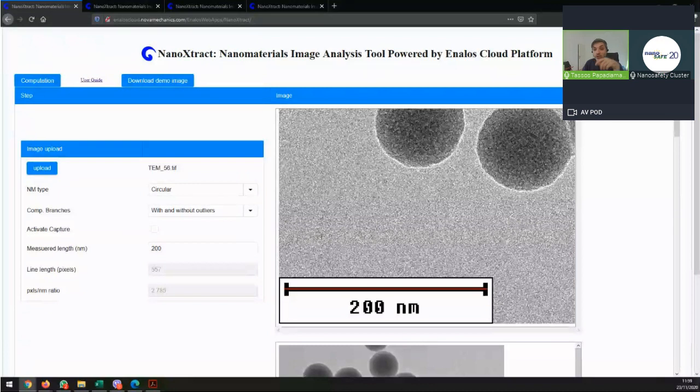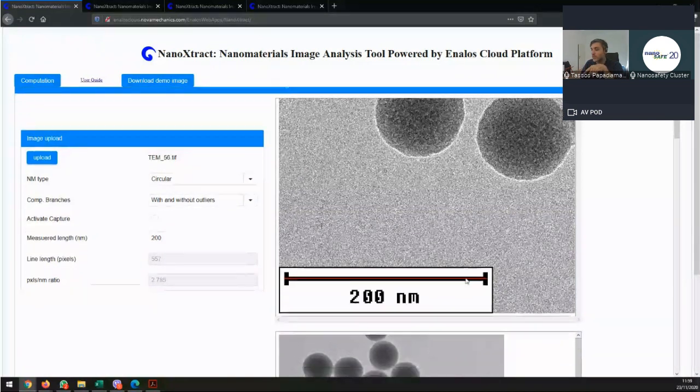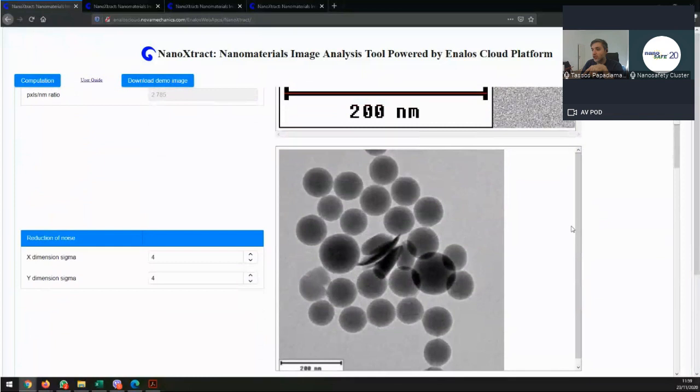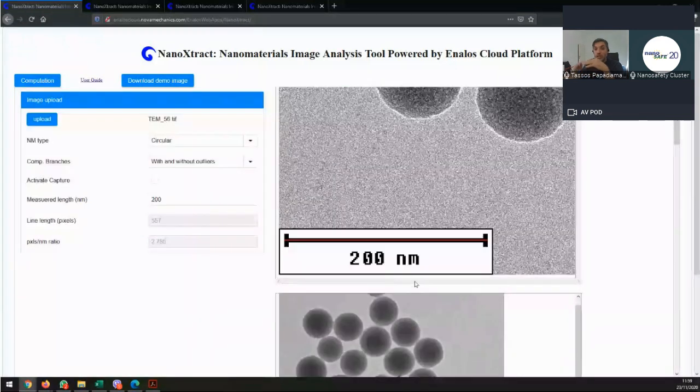So Sebastian, do you see the scroll bars on the right and bottom hand side of the image, like here or below here? If you see the scroll bars, just scroll to find where the scale bar is, and then you will be able to draw the line. So I assume you're using Chrome or some other browser, or try to switch to Firefox and see if you can see the image and then zoom in.